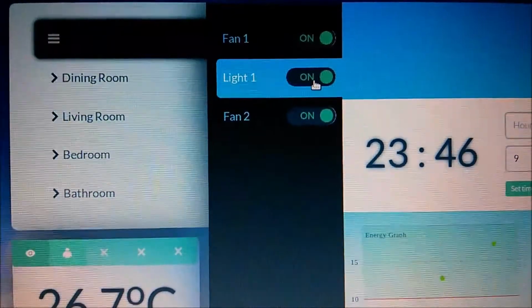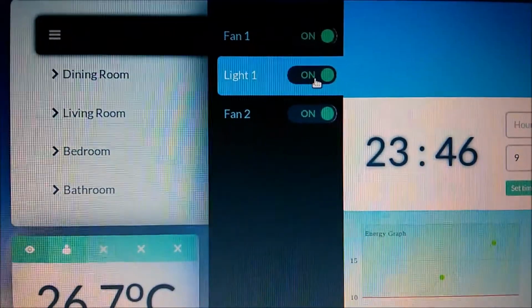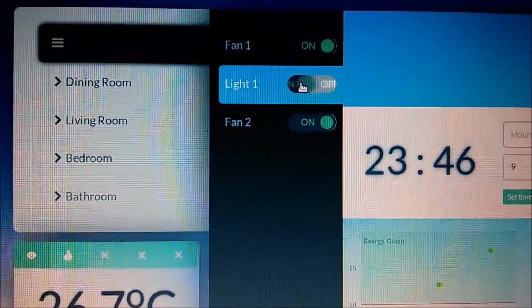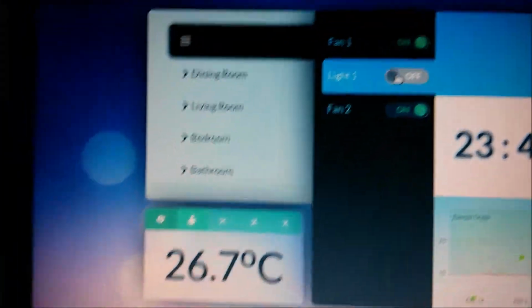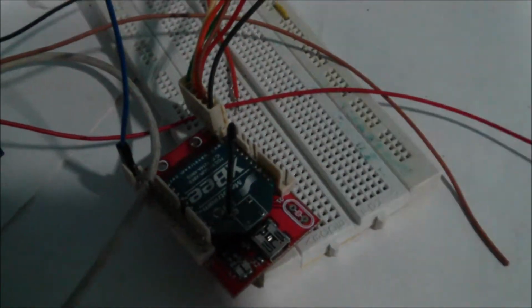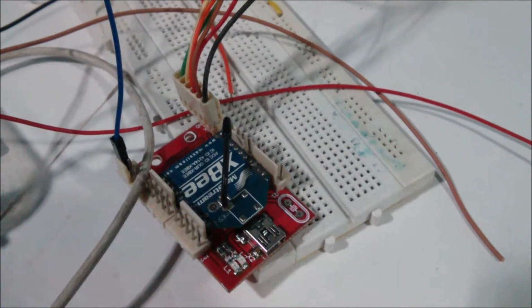Let's take the working demonstration of home automation. Here on this web page, we have the button for the light. If we switch it off, then this data is transferred to the Raspberry Pi, which is locally hosting the web server, which is connected to the coordinator part of the Zigbee. This is a wireless module. This is a low power device to communicate over large distances.